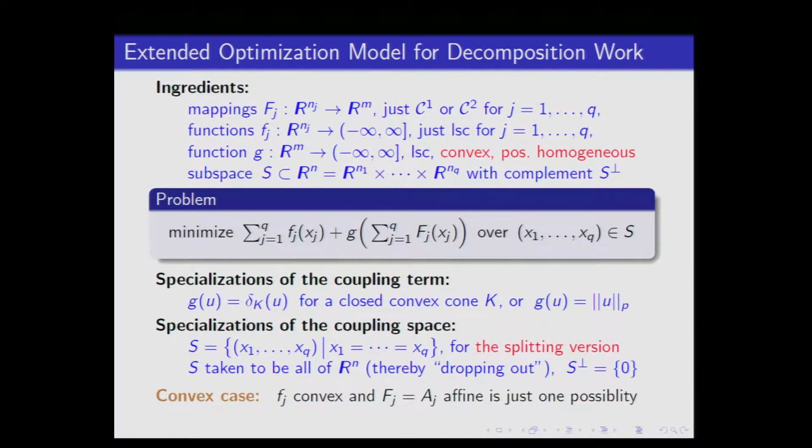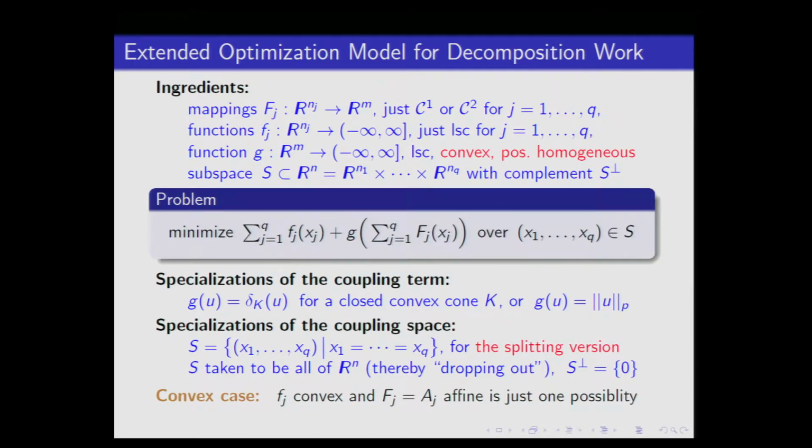These xj's are blocks of things in different spaces. This could be infinite dimensional. I'm just simplifying things here. And the functions little f are just lower semi-continuous. The mappings big F I'm going to assume are smooth to some degree. And the function g I'm assuming convex. Now, for the purpose of this talk, I'll also have it be positively homogeneous because it simplifies things. I can do the general convex case, but it just looks a little messier and it's not so good for the slides in the short time I have.